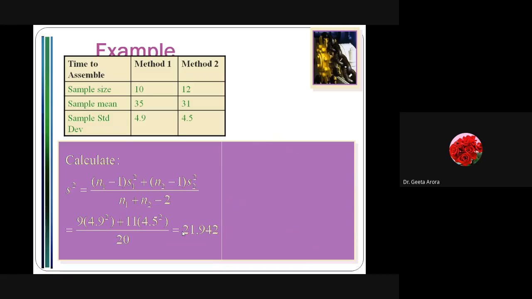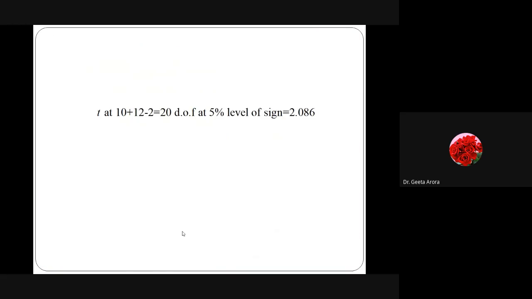So it's very easy to learn. If you go through it, it gives you s square, and on substituting the value in the formula it will give you the t calculated value. Correct. Now again, for the standard value of t, here we have shown how we calculate the degree of freedom. Here we have 12 plus 10 minus 2, because the sample sizes are 10 and 12, so we get 20 degrees of freedom.